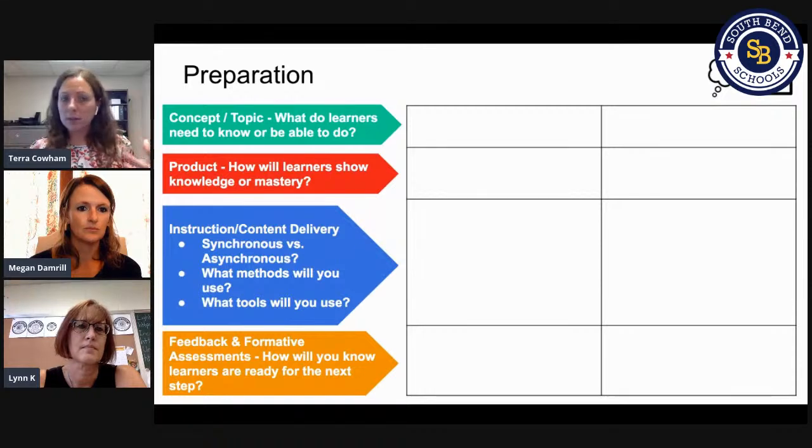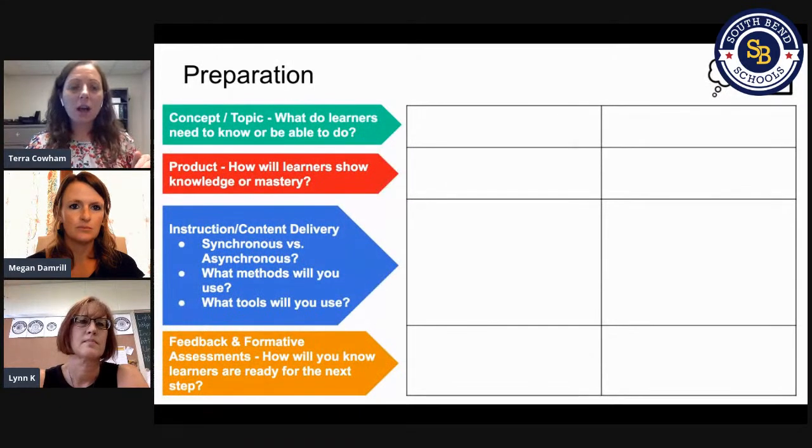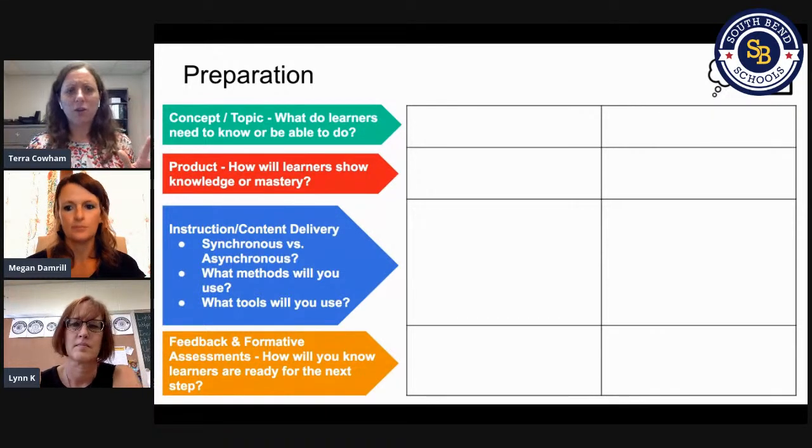And so everybody has their own lesson plan format, but this was kind of a nice visual that I wanted to share with everyone in case they did need some sort of template that will take them down in a linear fashion through all these steps. And Tara, this will be shared with everybody? Yeah, this is available in the Canvas course. And so you will be able to link and get a copy of this presentation, and you'll be able to edit it and do all that stuff that you want to do. So if you would like to take this template,